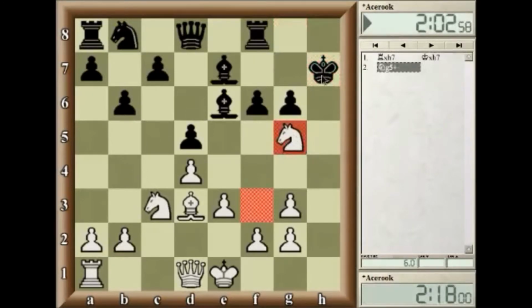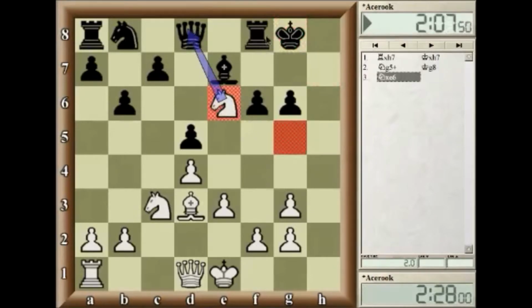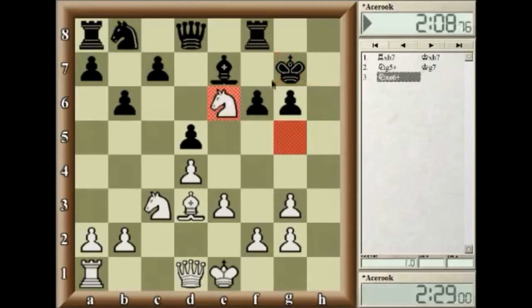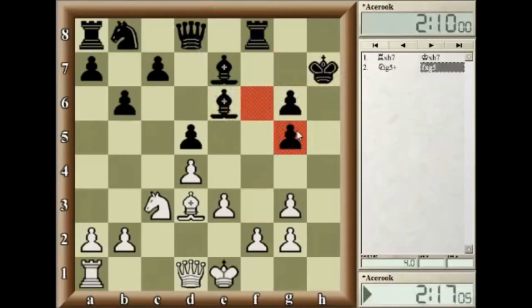And so we're forking this king and this bishop. So if the king moves away, then we can take this bishop, and we're going to fork these two, queen and rook. A bad response is probably king g7, check. And now we're making a royal family fork here. So, okay, black is going to take. So after f takes g5,